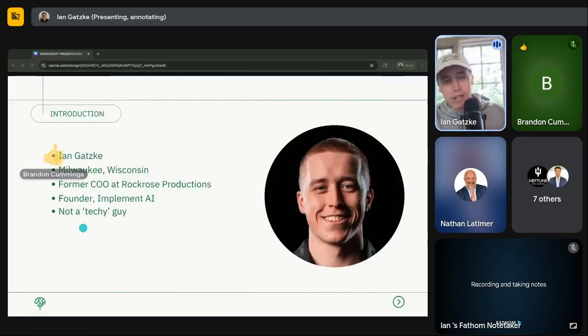Sweet. Okay, so quick introduction on myself. My name is Ian Gatzke. I'm from Milwaukee, Wisconsin. I live most of the year in Tempe, Arizona. I'm the former chief operating officer at a marketing agency called Rockrose Productions. It's actually how I joined AgencyU back in 2023. I've worked with that agency, worked on scaling that agency for about 4 years,